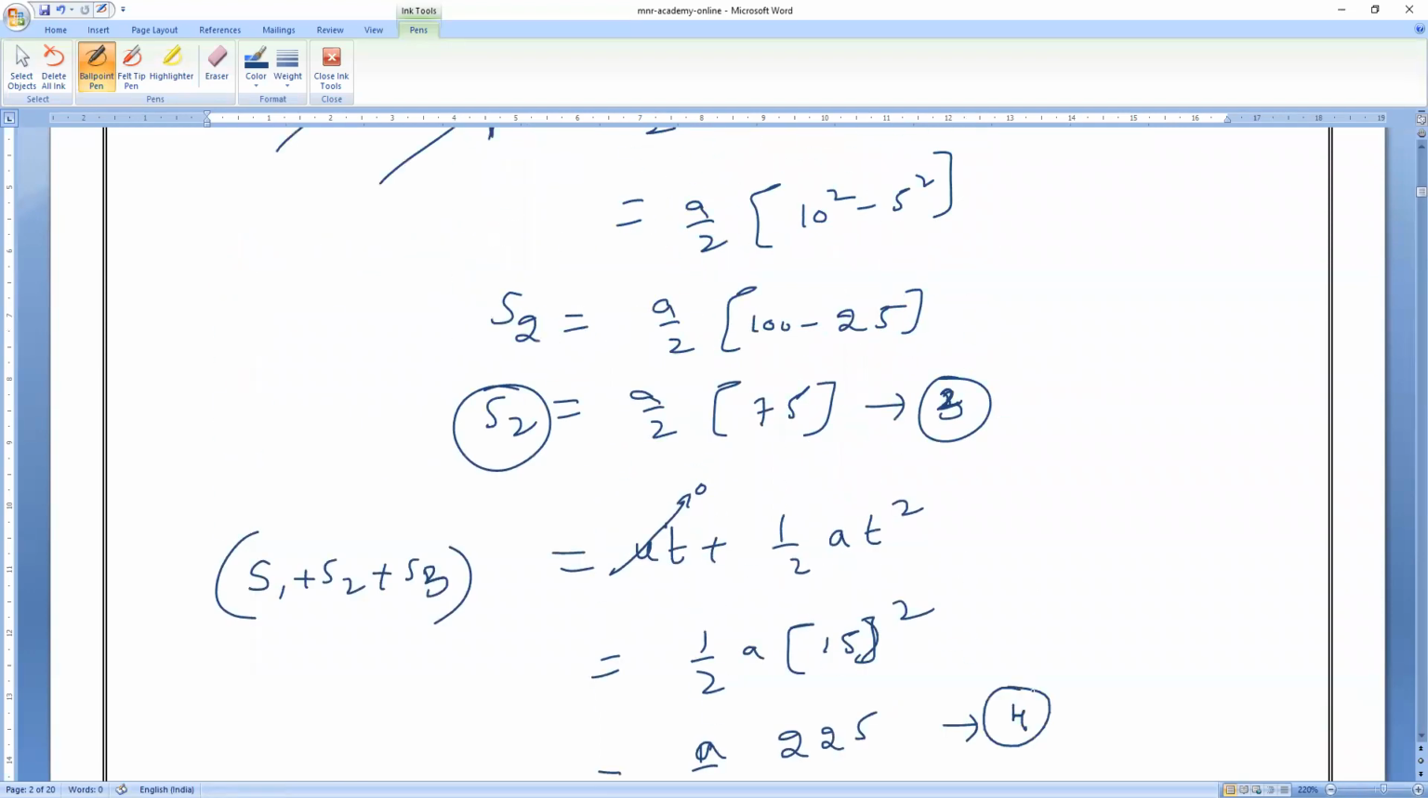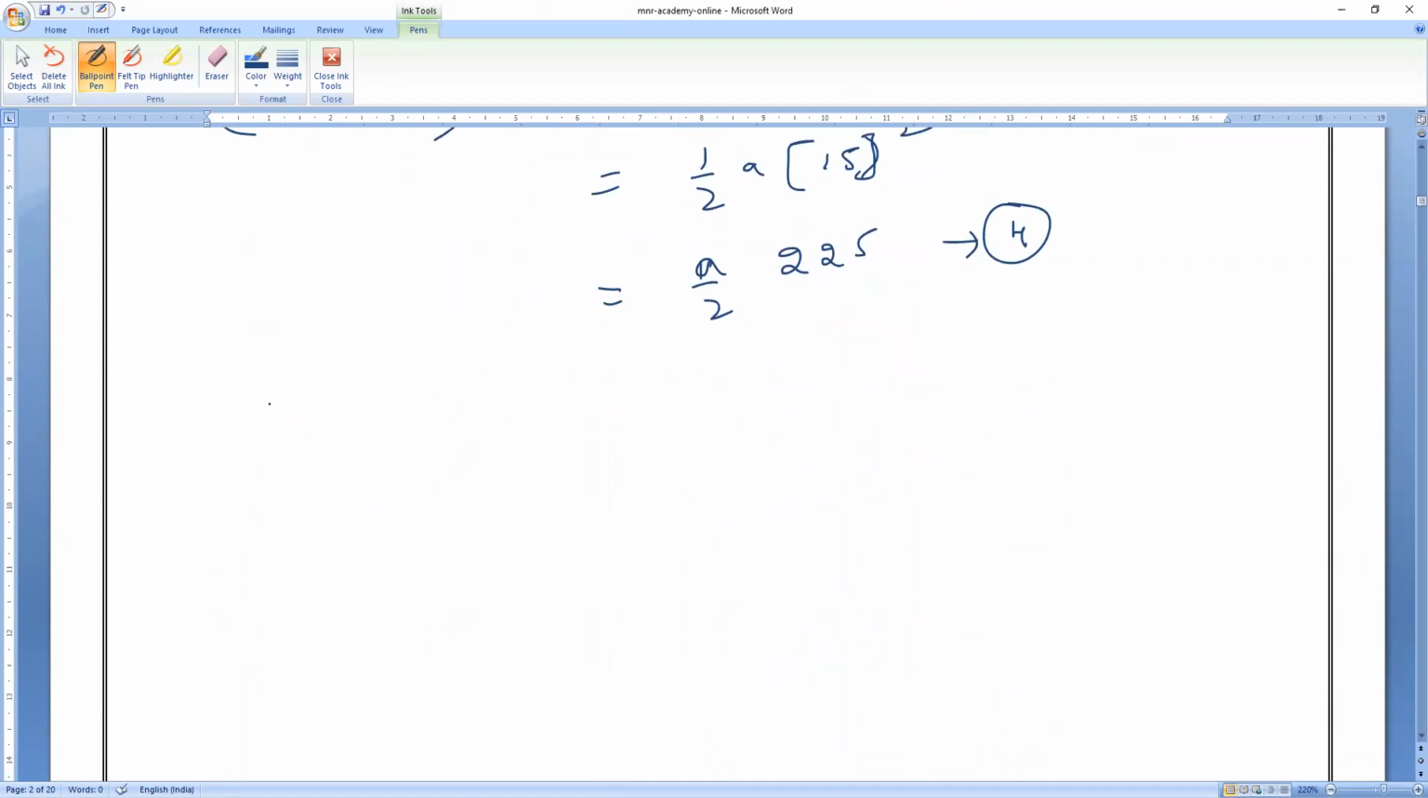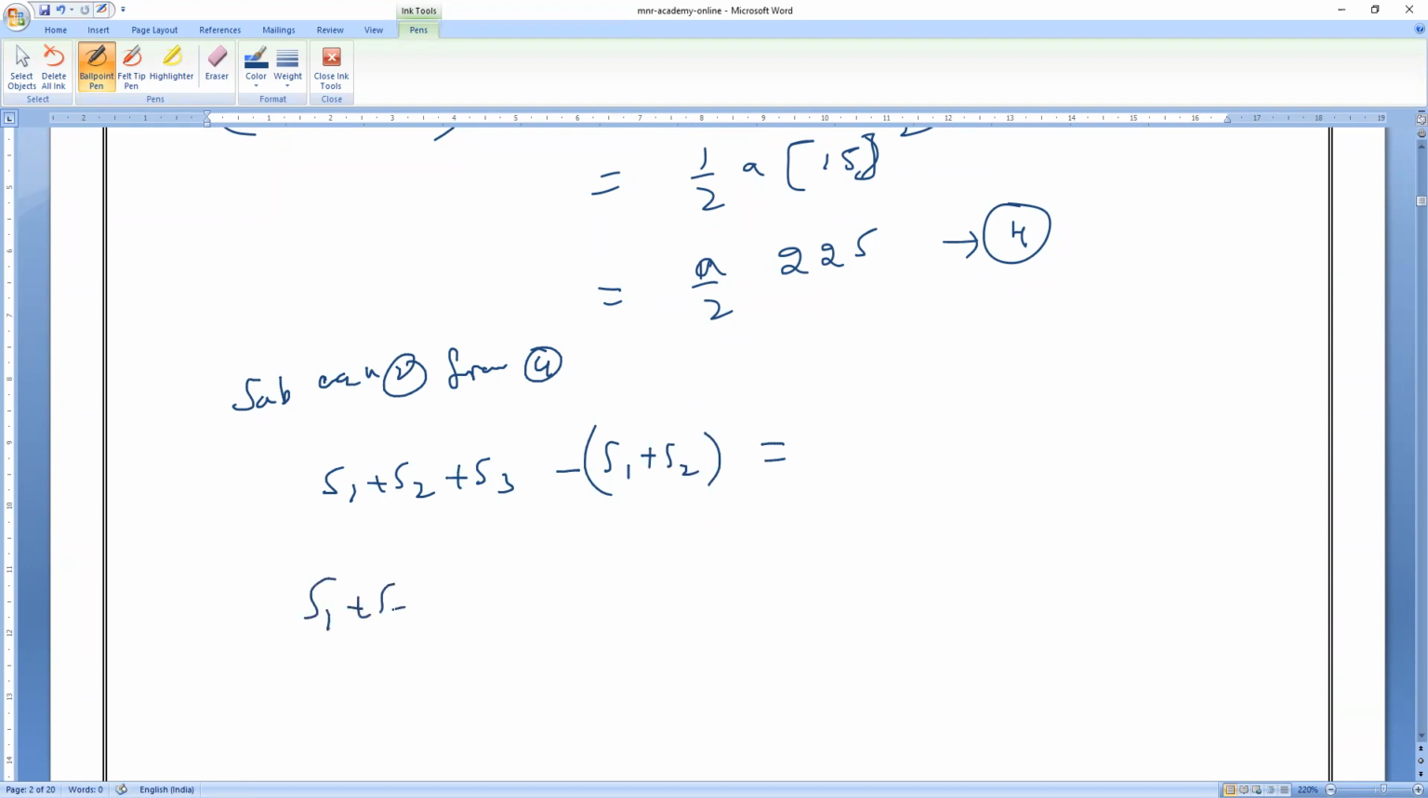Now subtract equation 2 from equation 4. What will come? S1 plus S2 plus S3 minus S1 minus S2. Everything will get cancelled, and only S3 is remaining. So S3 is equal to A by 2 into 225